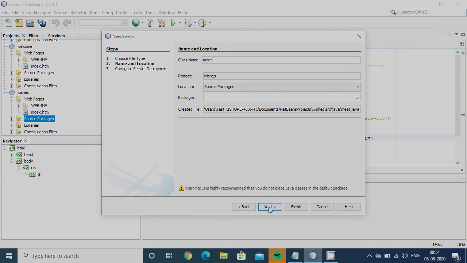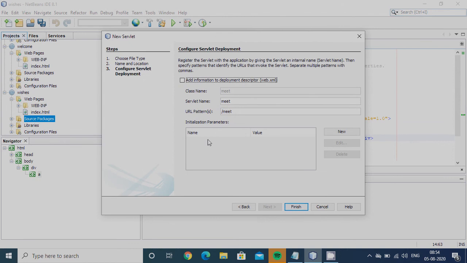Next one is, you should register the servlet with the application by giving the servlet an internal name, servlet name. Then specify patterns that identify the URLs that invoke the servlet. Separate multiple patterns with commas. Here please check this box so that web.xml will be created automatically.